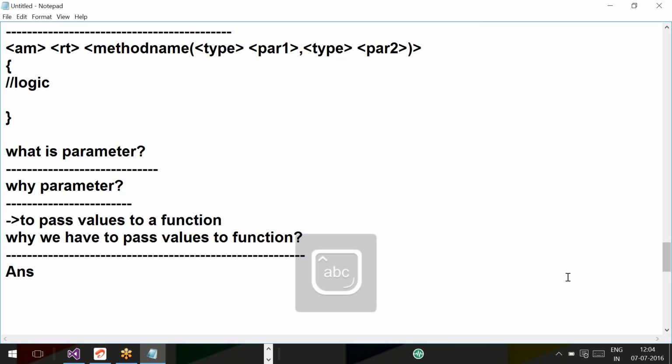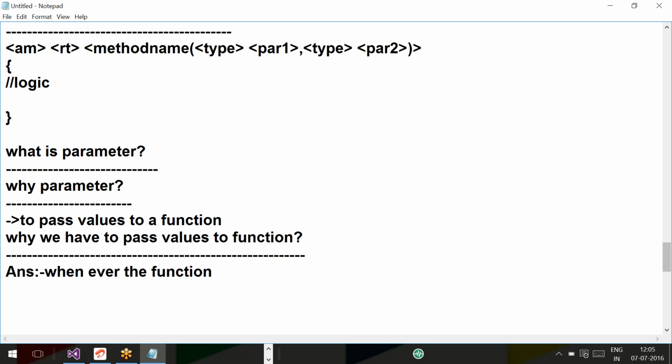To make the method logic executable. Answer is functionality, to make the function reusable instead of declaring inside the function. What is functionality? Whenever that function means method, that function